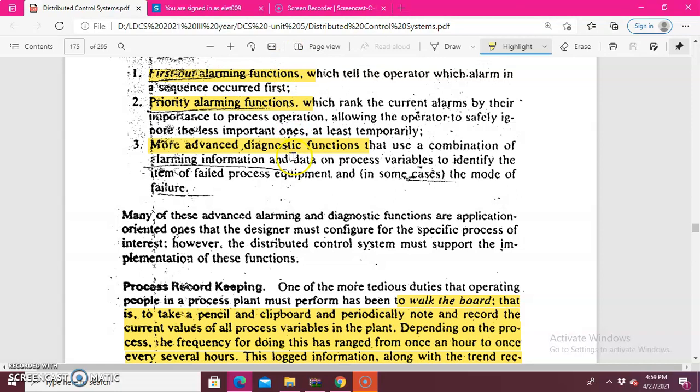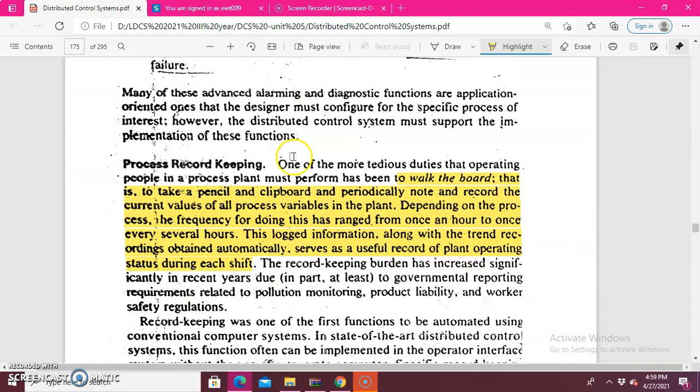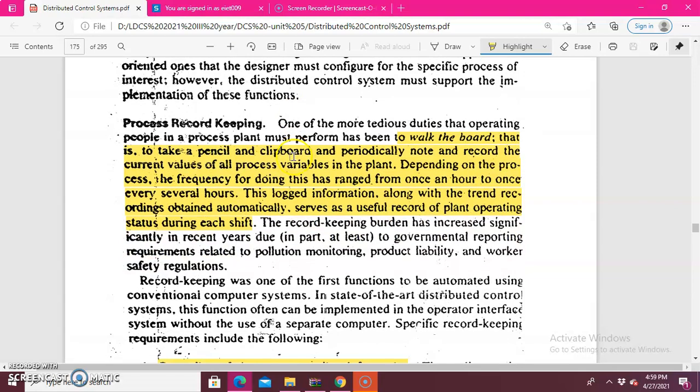The next one is about process record keeping. Whatever information they are gathering will be recorded, and whenever the operator or whoever goes to the plant, they have a board along with a pencil and a clipboard. Periodically they take the data and note it down, and the current value and the process variable will be called logged information. The logged information along with the record is obtained automatically. It will be a useful record of the plant operating status during each shift, because in the plant there will be 3 shifts per day. So each person has to communicate with the data. That is the reason they have